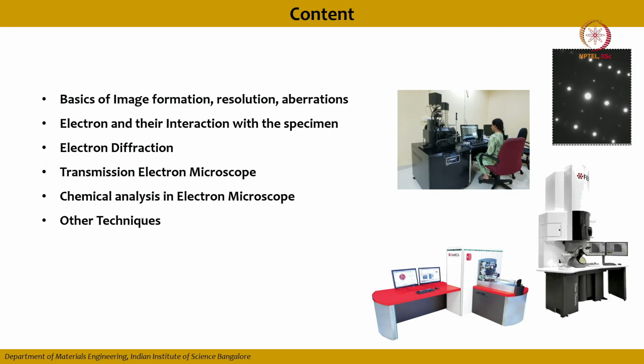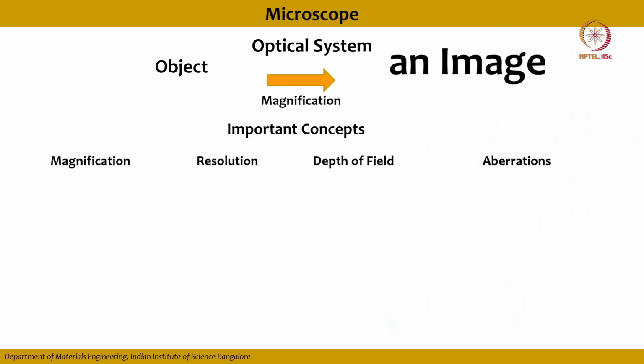Fine. So with this, we will introduce the basics related to image formation. If you have any object, you use an optical system. Okay, this is the basics of any optical microscope. The main function of this optical system is to magnify that particular object so that you create an image at a very high magnification. Okay, and to understand this magnification,